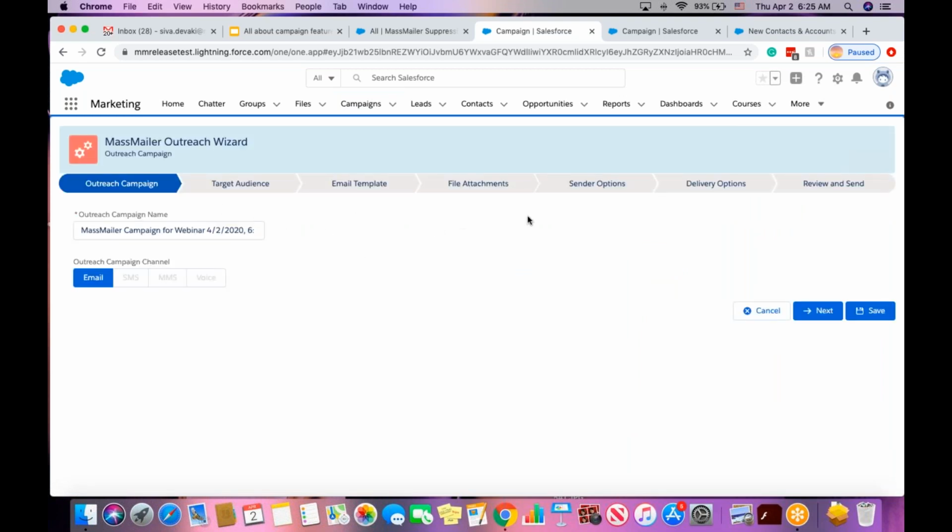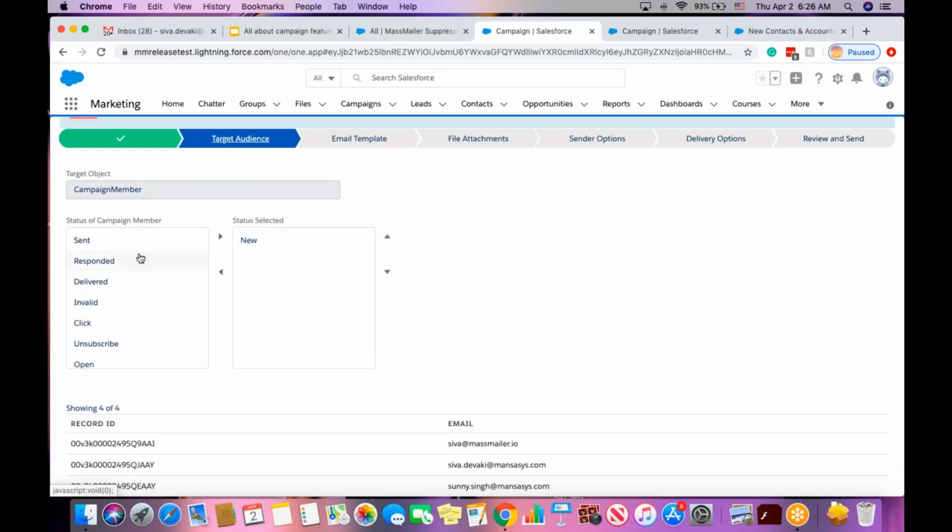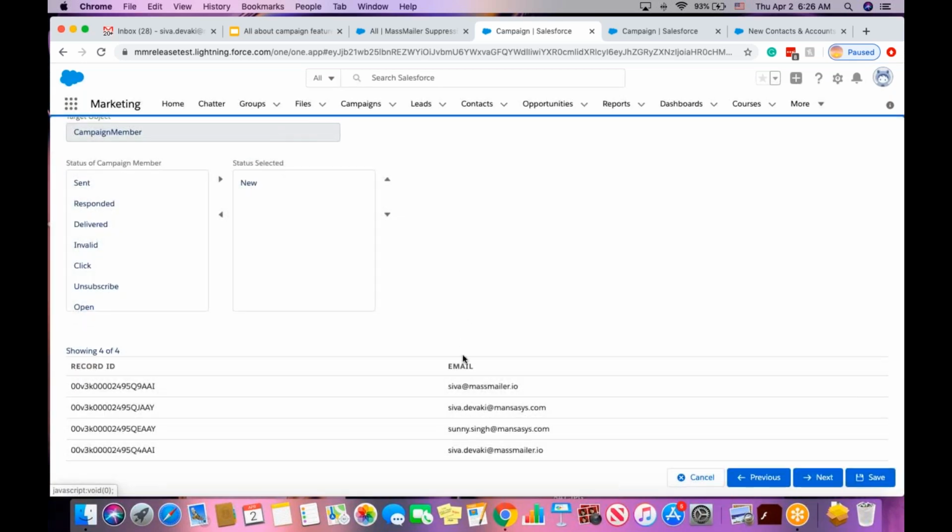So this is a sequence of steps that you go through. The campaign name gets created for you. We add the timestamp apart from the regular campaign name that you have. And then the target audience, by default, we select a new status. If you have any custom status, feel free to add it as well. And then you can select this so that you can filter those ones too. And then it shows up partial results for the campaign members. And then you go to the next step,